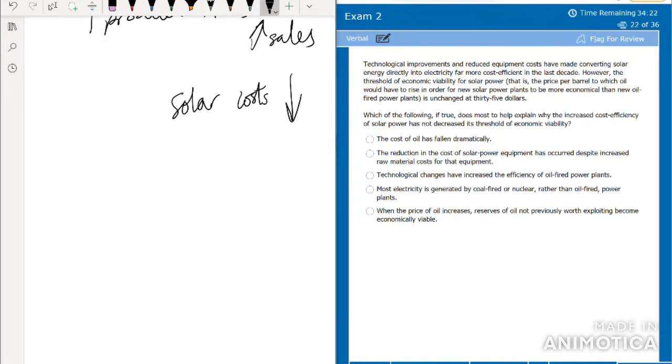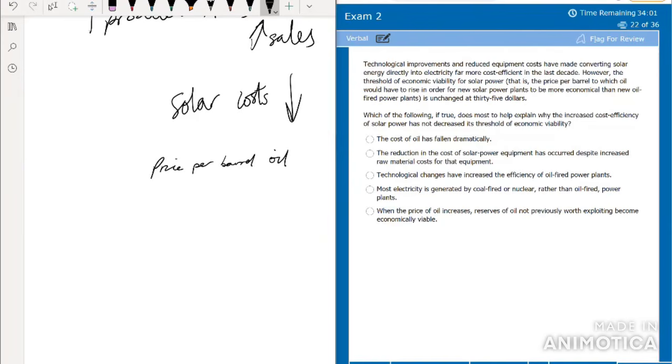However, the threshold of economic viability for solar power, the price per barrel for oil to which the price will have to rise in order for new solar plants to be more economical than new oil-fired power plants, is